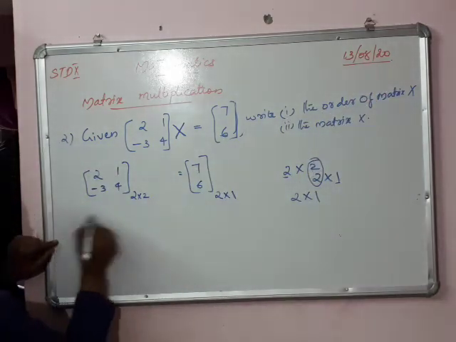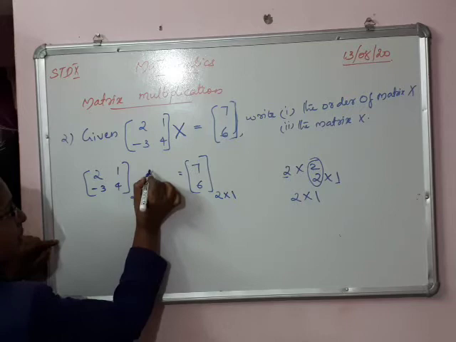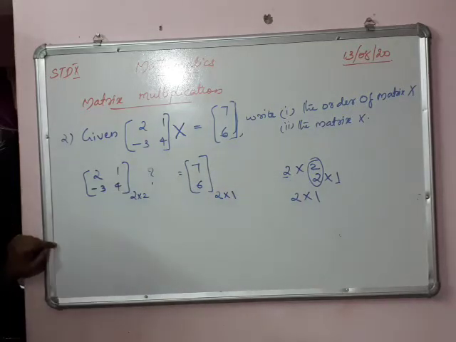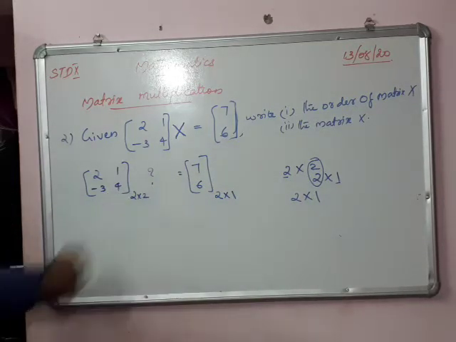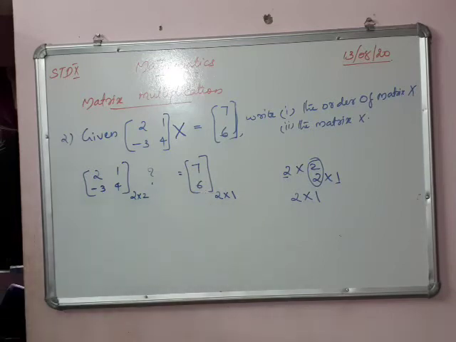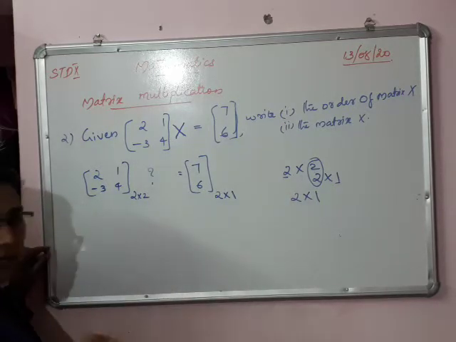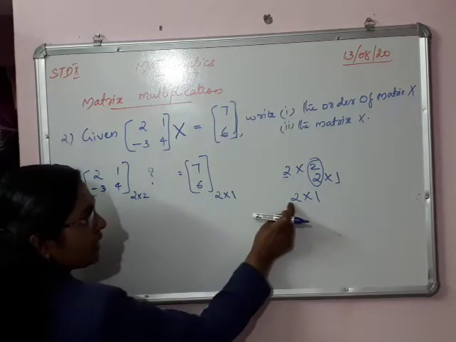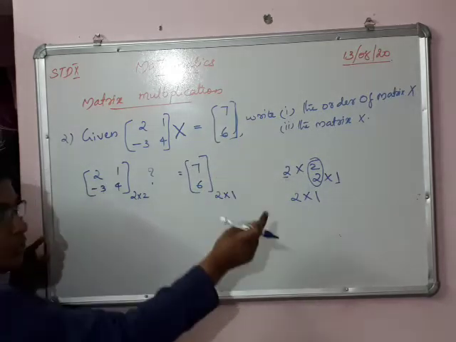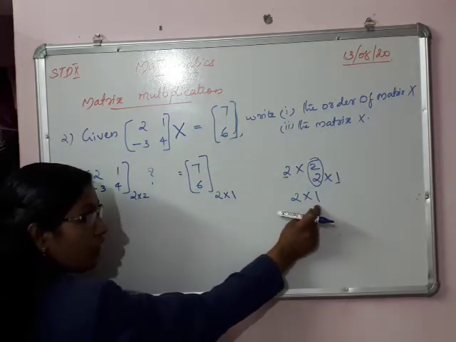Okay. Then we are going to find which matrix is multiplied there to give the result 7 and 6. For that, we don't know, so we are going to assume it is A and B, or X or Y, anything. One thing: that is a 2 by 1 matrix, that is 2 rows and 1 column.